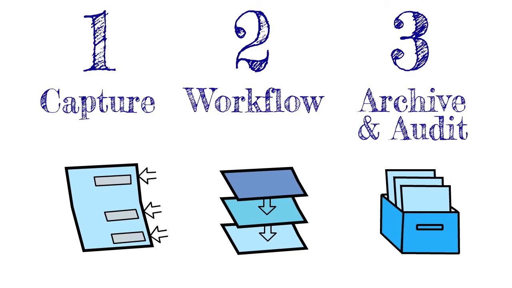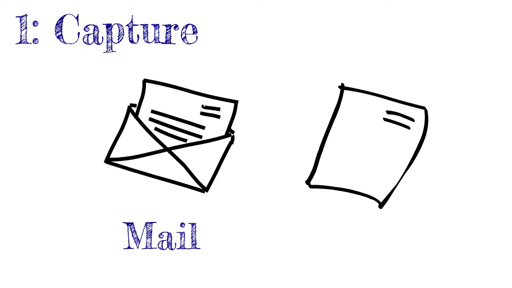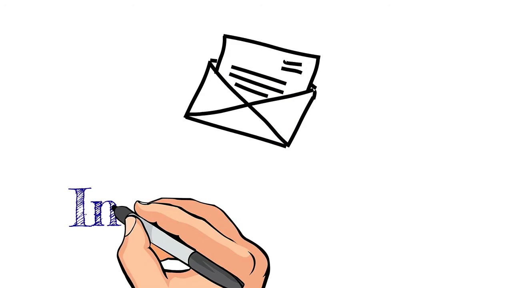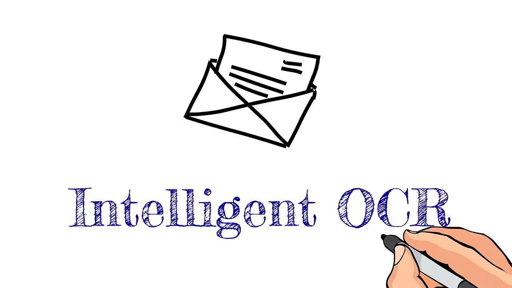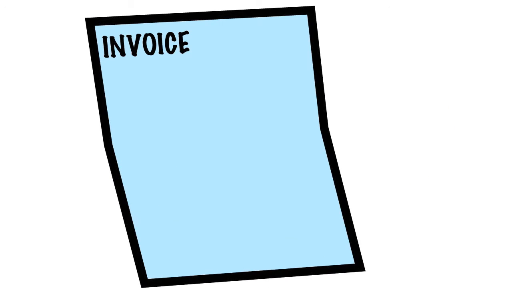As a business, you are continually receiving supplier invoices either through the mail or by email. If the invoice is in paper format, it is easily scanned and processed by Intelligent OCR. Intelligent OCR goes through and picks out all of the important fields on each invoice and then saves that data